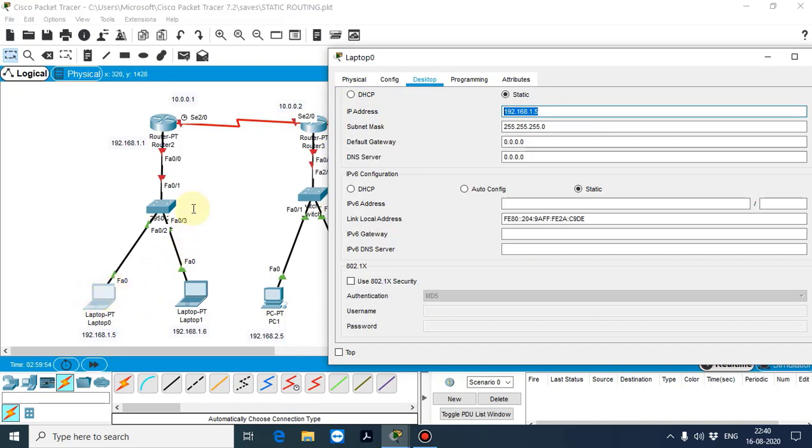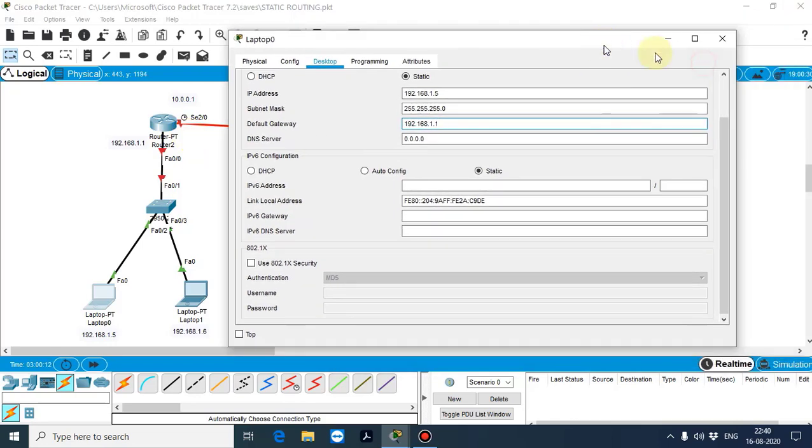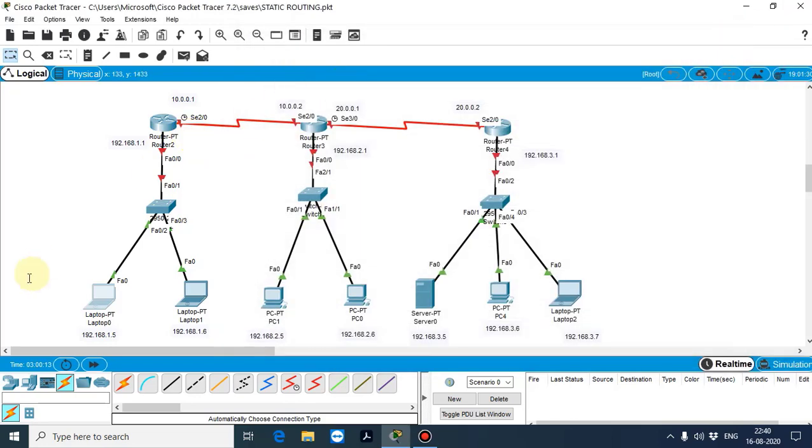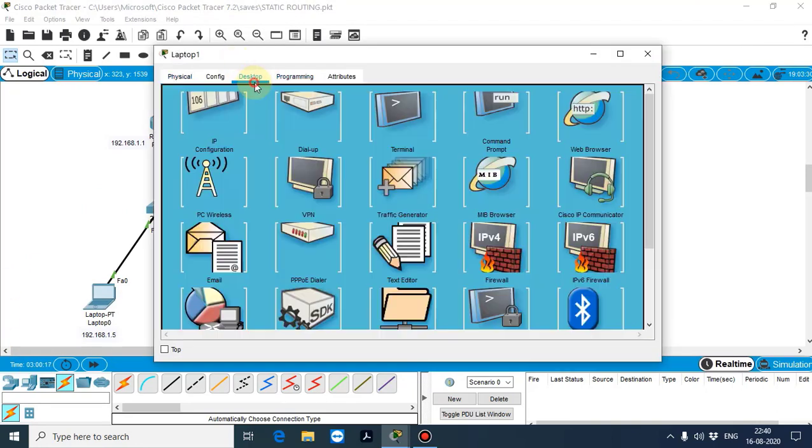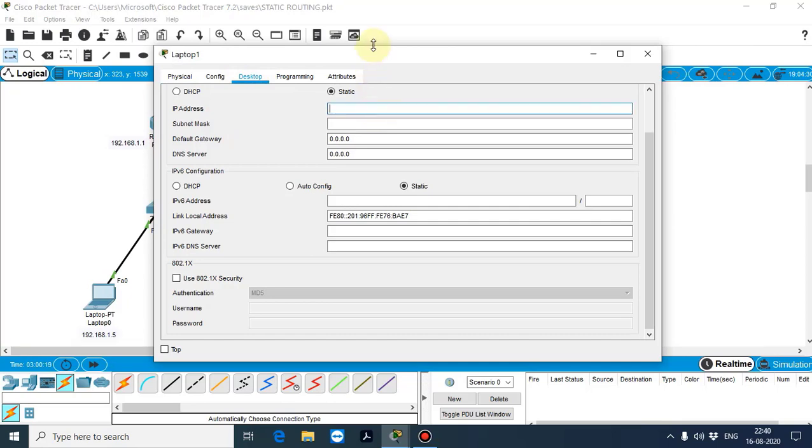This is the primary router for these two systems, so the default gateway is 192.168.1.1. 192.168.1.1 is our gateway. The first system is configured successfully. For the second system we have to configure in a similar manner.